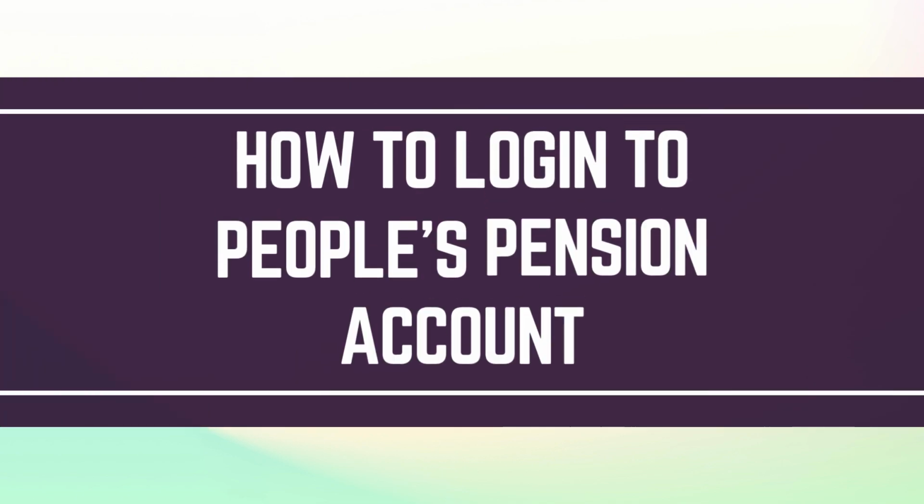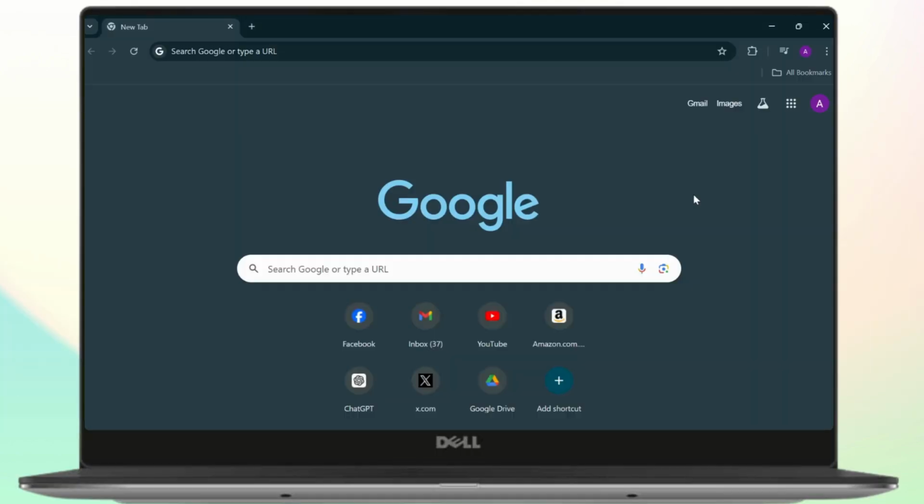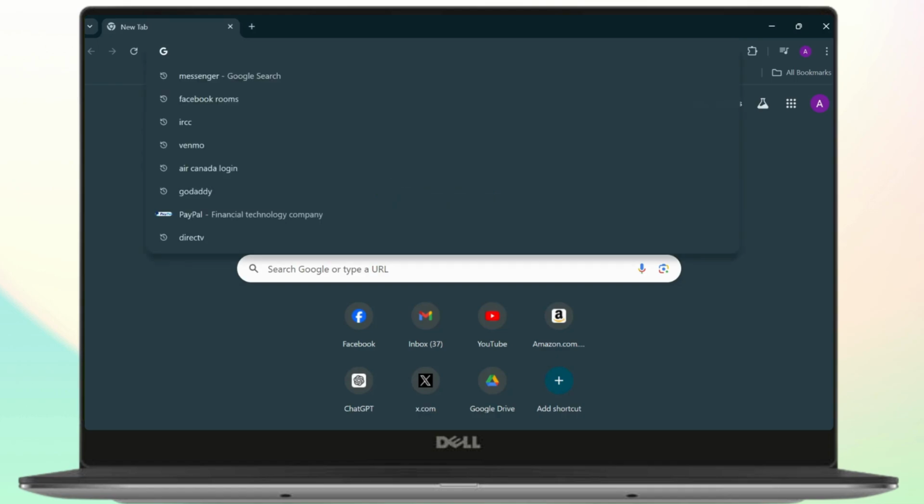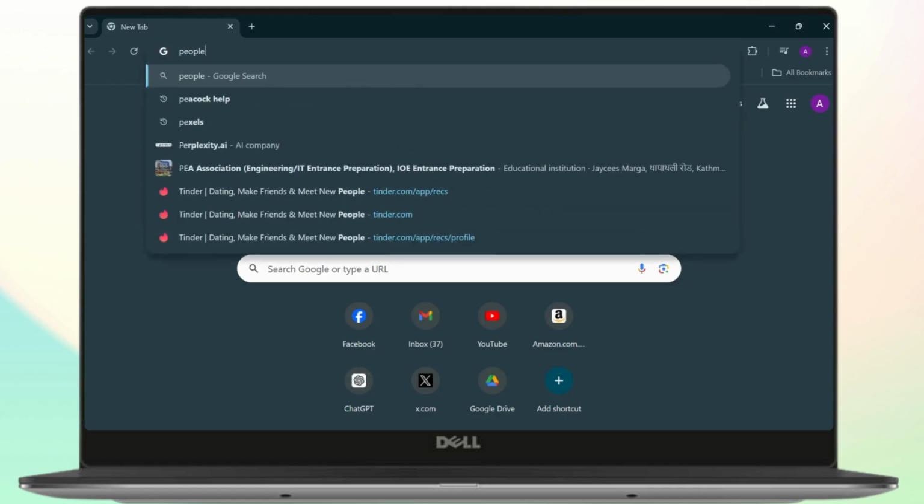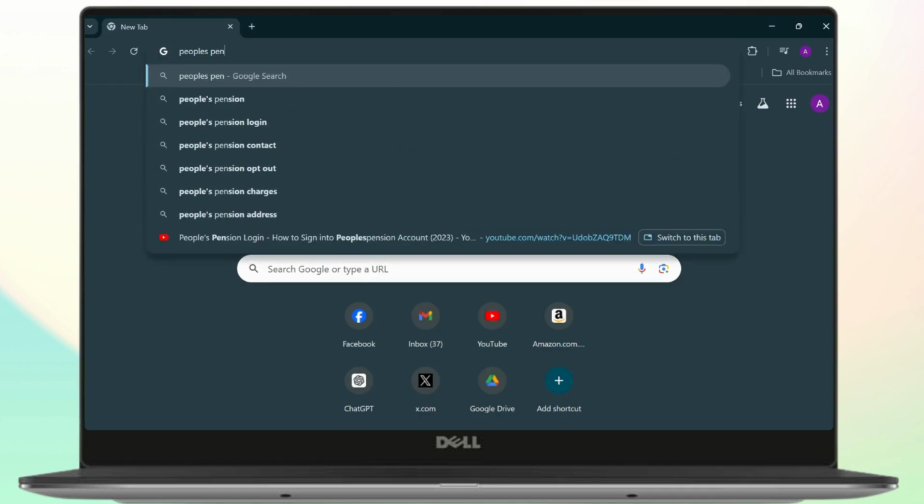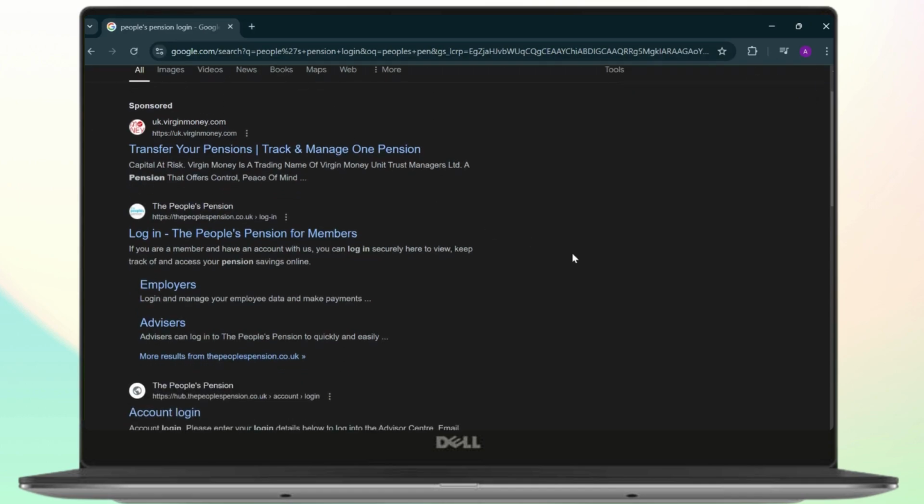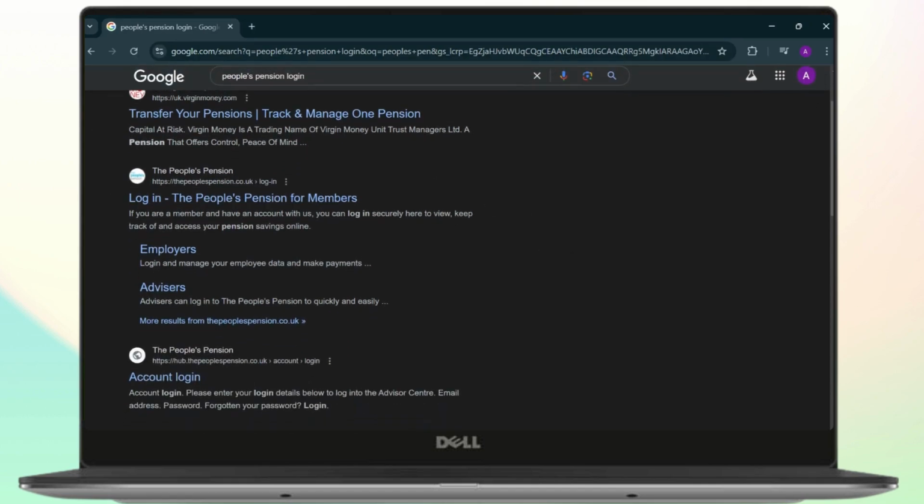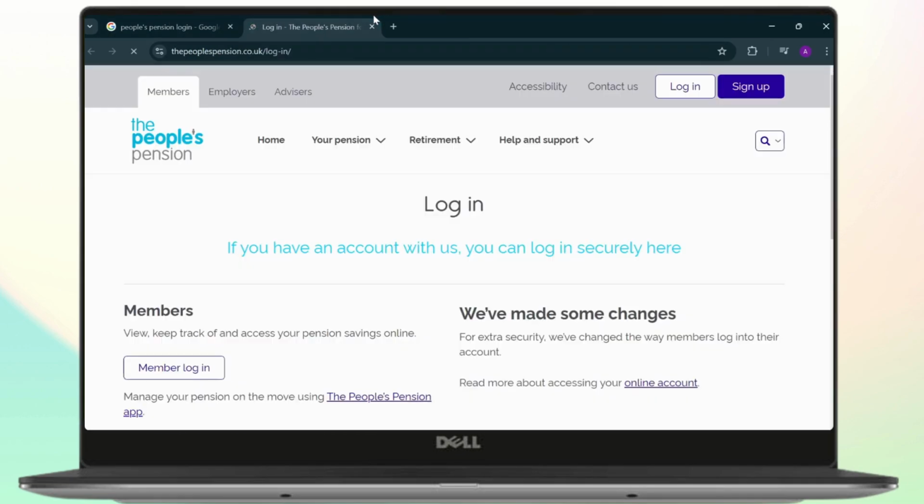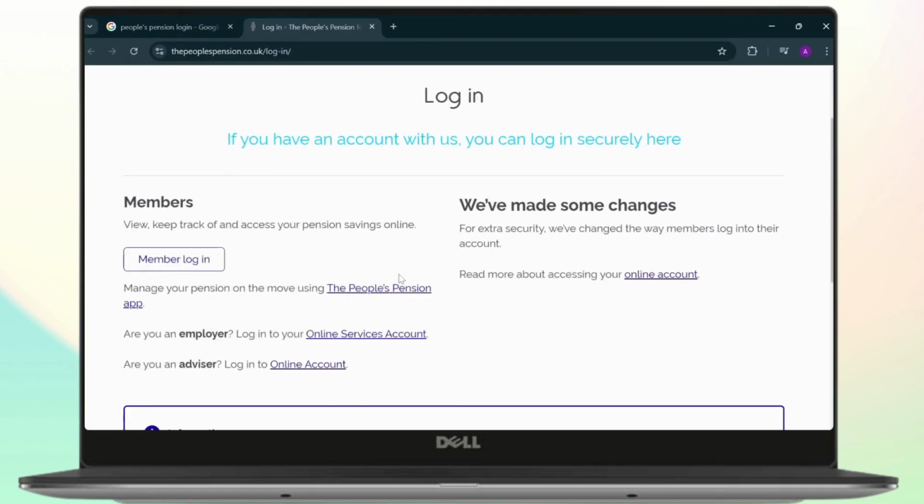How to log in to your People's Pension account. Now, to do that, first open up your web browser and search for People's Pension and log in. And these are the options that will be presented to you. So just click on the first link available by the People's Pension, and after you click on the link, this